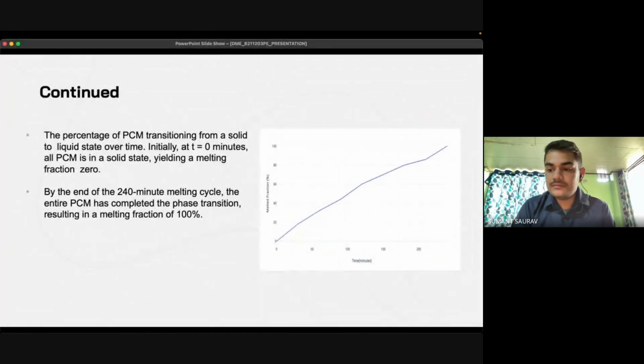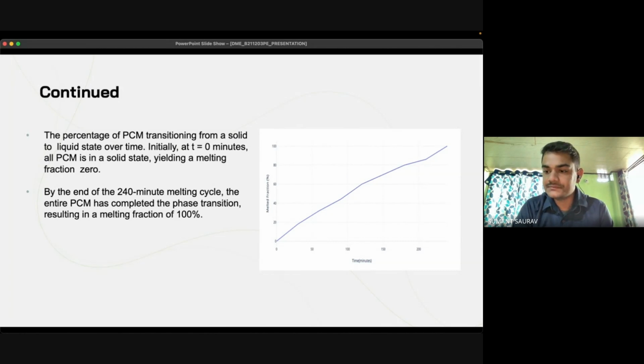The represented graph shows the percentage of liquid fraction present at a certain time interval. It shows the percentage of PCM transitioning from a solid to liquid state over time. Initially, at t equals 0 minutes, all the PCM is in solid state, yielding a melting fraction of 0. By the end of the 240 minutes melting cycle, the entire PCM has completed the phase transition, resulting in a melting